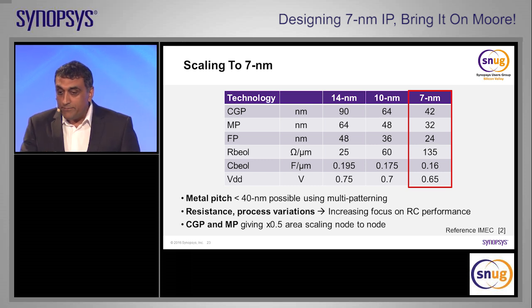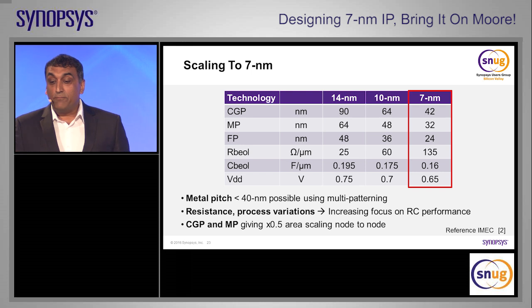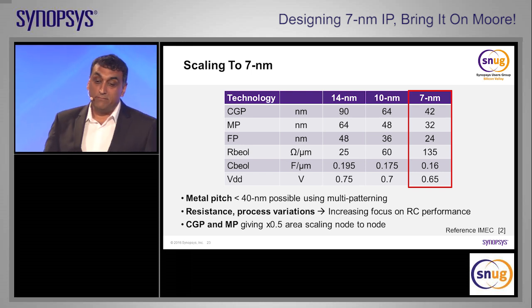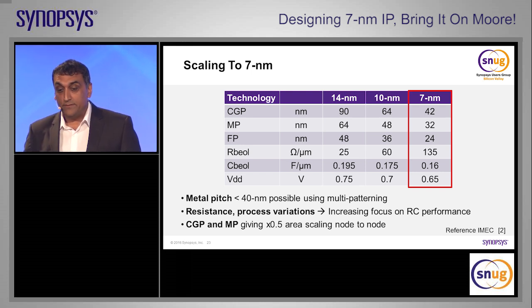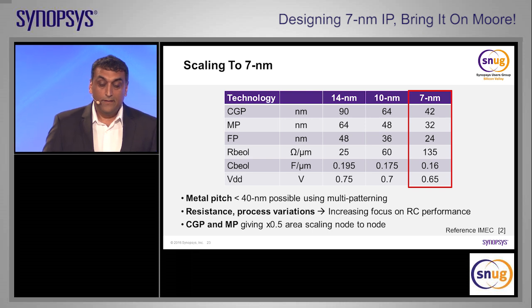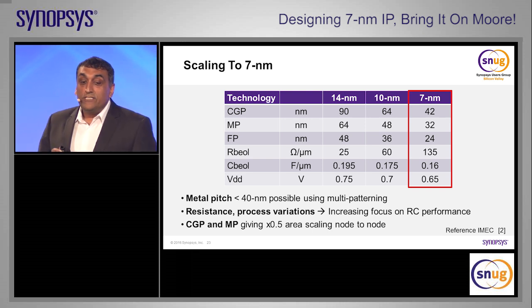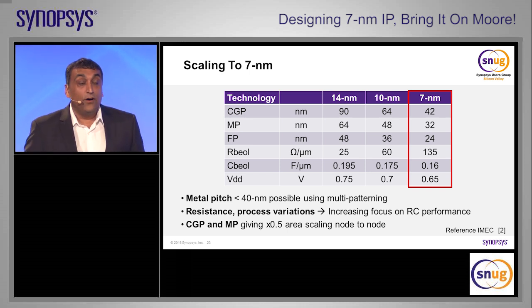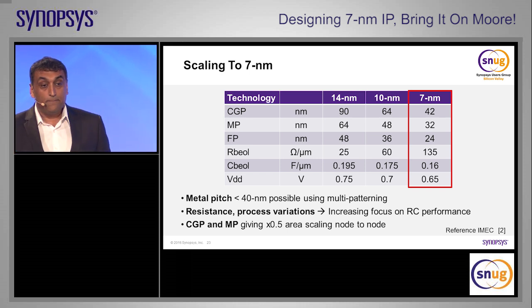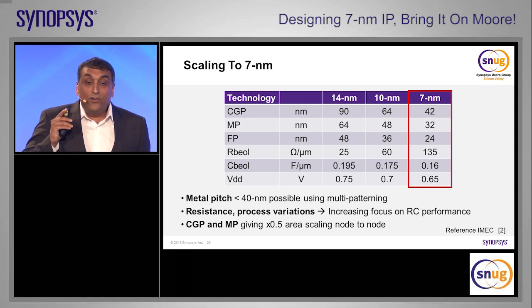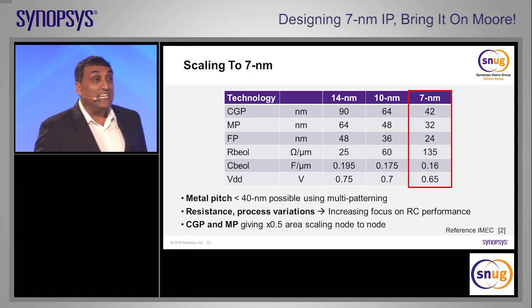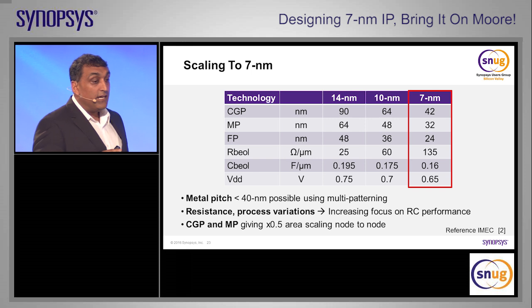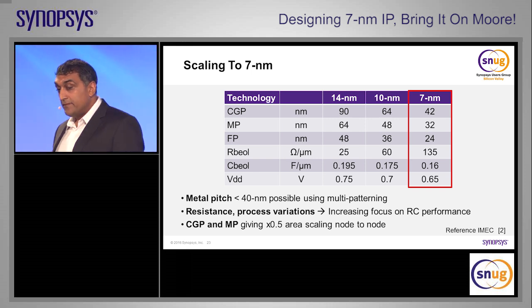So I'm going to take some of those concepts, I put them in a table, and I'm comparing 3 different generations of FinFET devices, 14, 10, and 7. At these critical dimensions, resistance and process variations have an increasing effect on the RC performance, okay? The contact reduction in terms of area increases the series resistance, and that's what you're seeing on this slide.